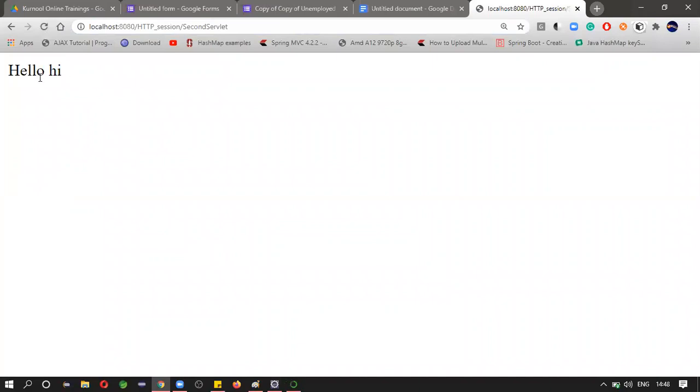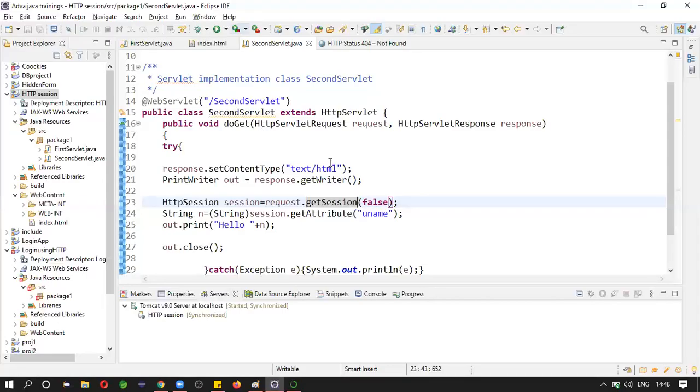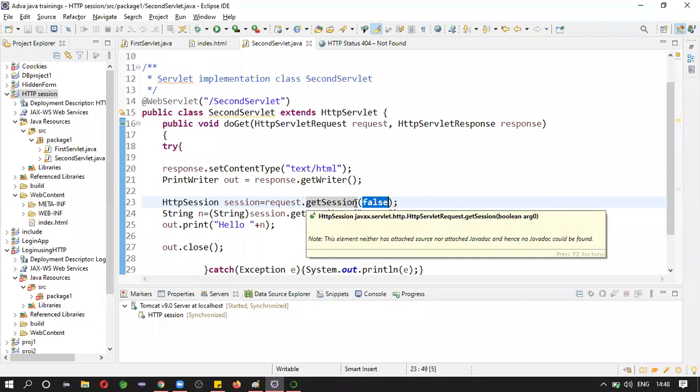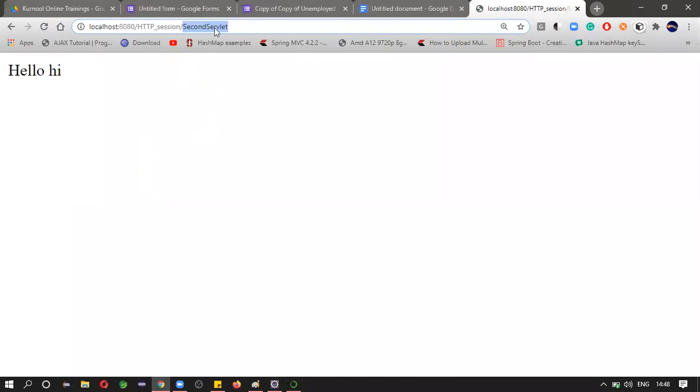Even a user may try to do like this. But if the user tries like this, false means that if the session is not already available, it will not create any session.